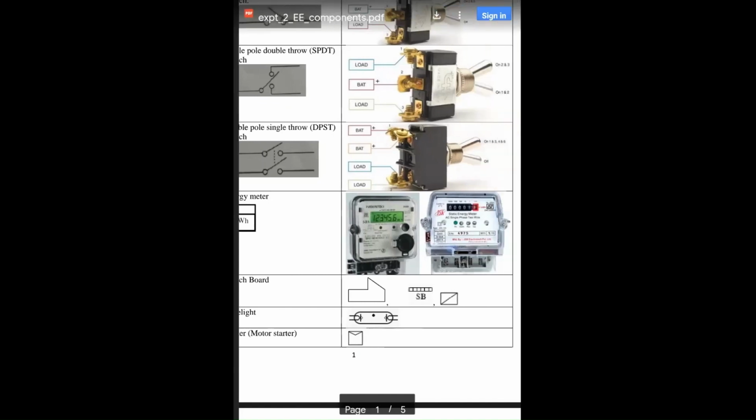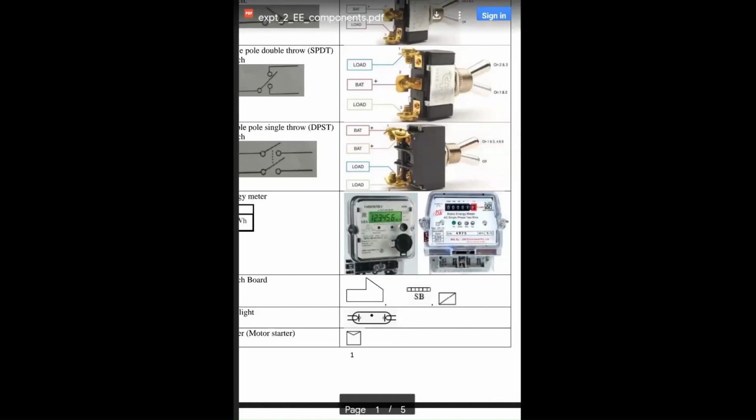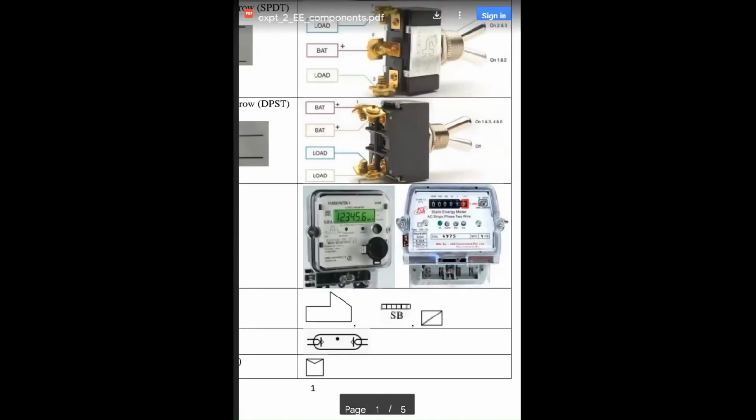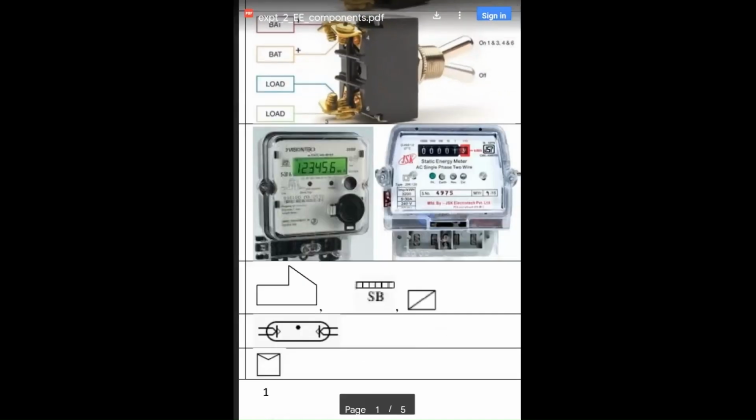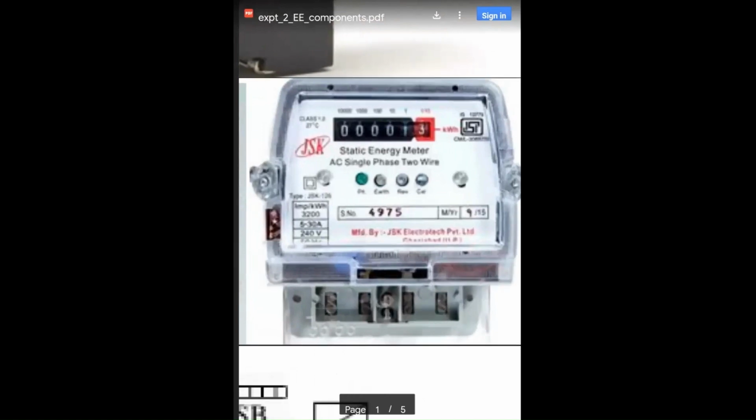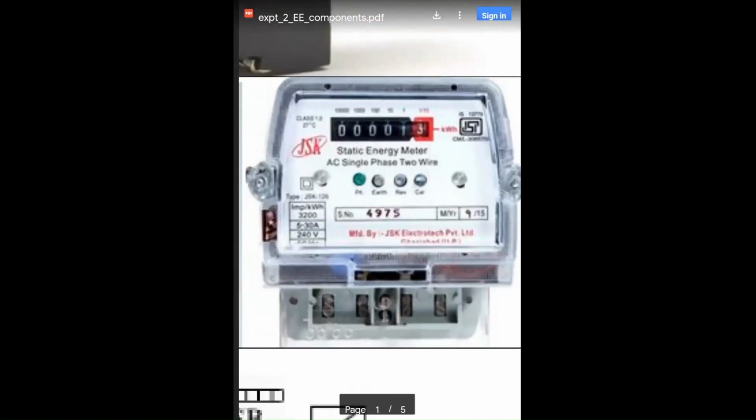Its diagram is shown here. It has two energy meter diagrams. First is the digital one, which has the LCD display, and second is the analog energy meter which we used to see in earlier days. Okay, in earlier days this was the static energy meter or single phase two wire meter. It was based on magnetic principles, in which there was a revolving disc,